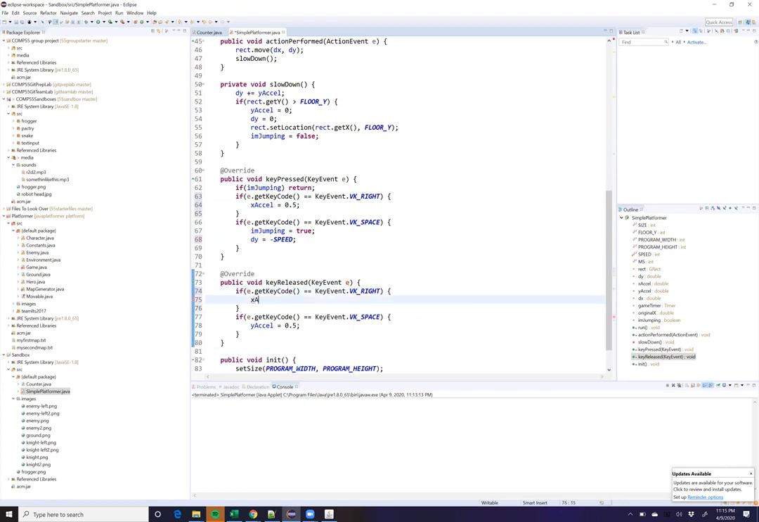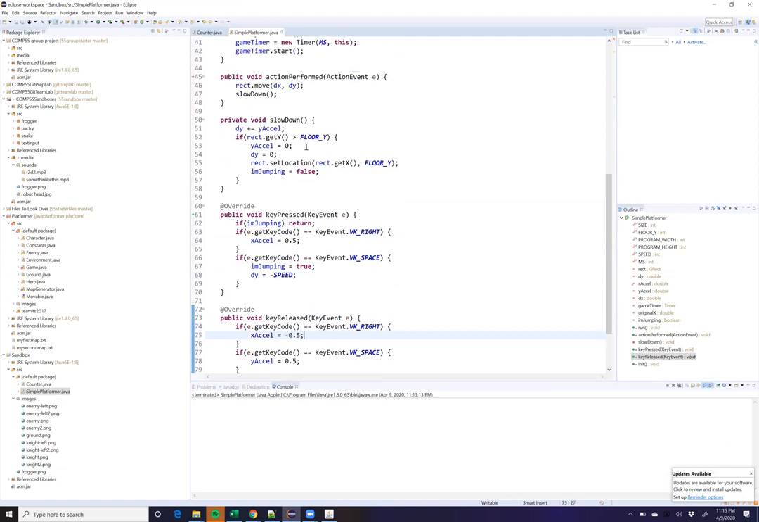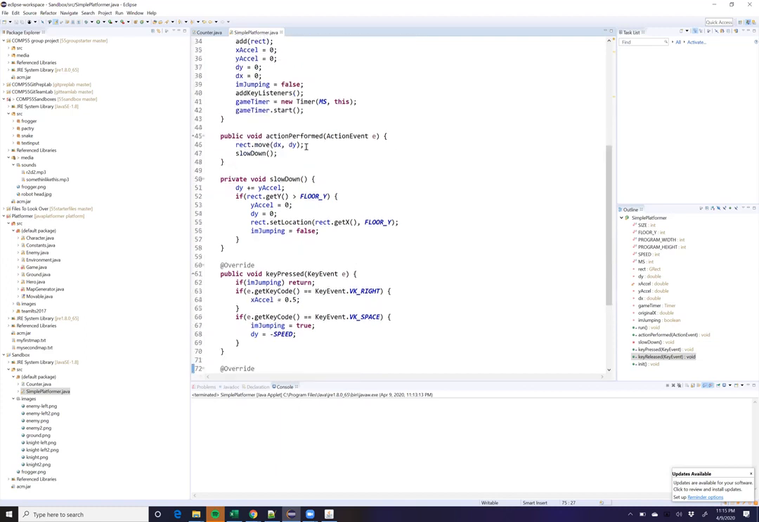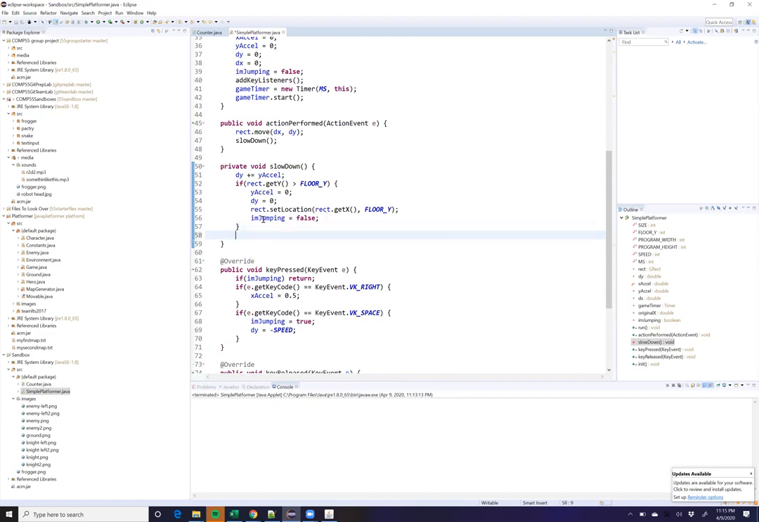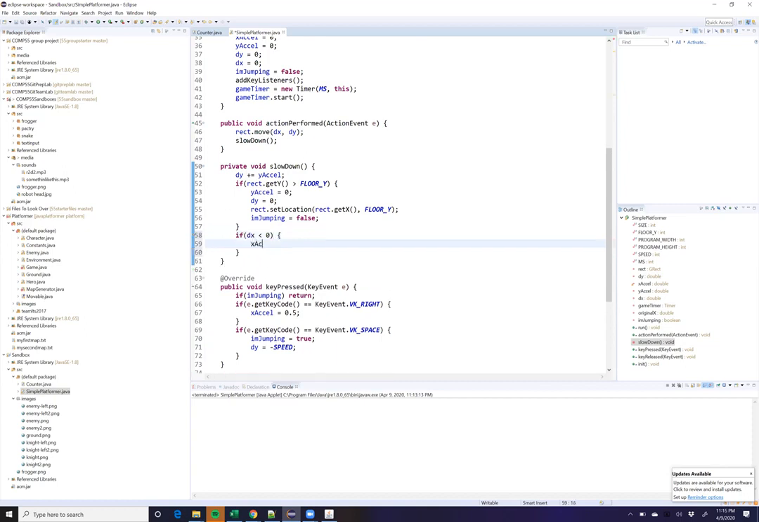Say xxl equals -0.5. I think that's what we ended up having. And we would have a different condition here for slowing down, right? This is kind of what we would do for y. We're going to need to do something for x. So I would say if dx is going to be less than 0, right, then we are going to do the whole xxl equals